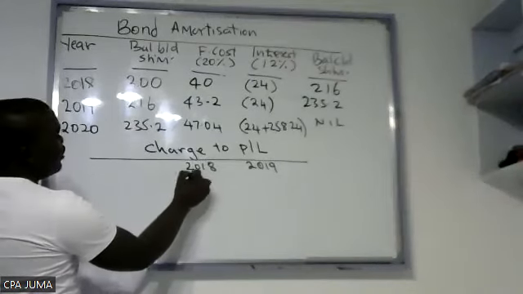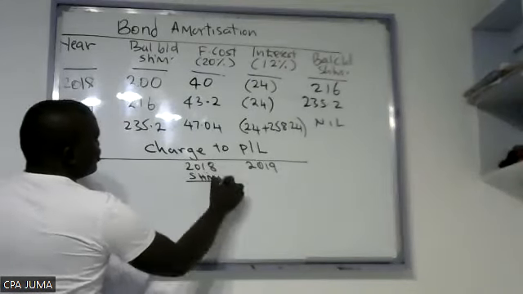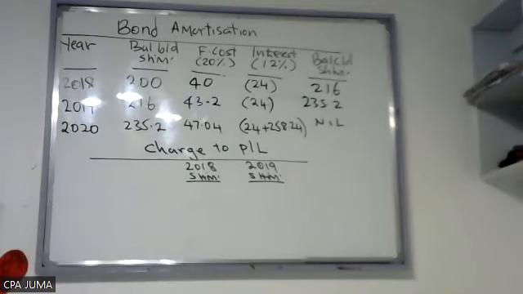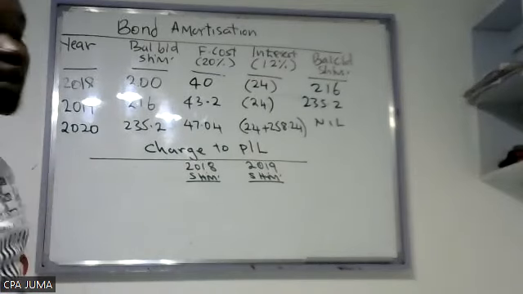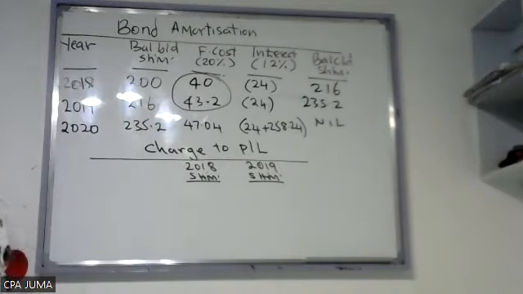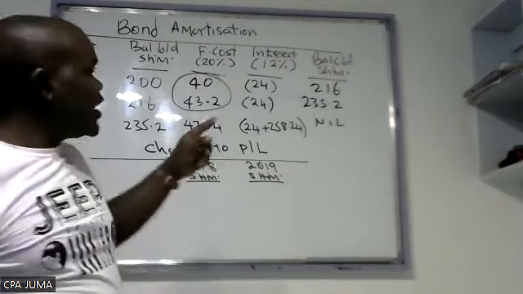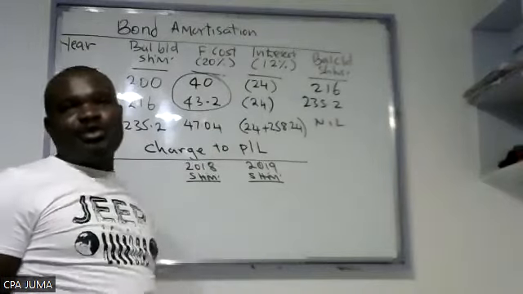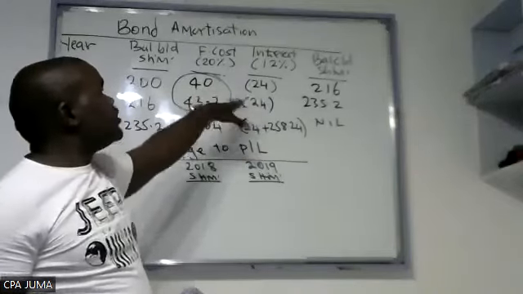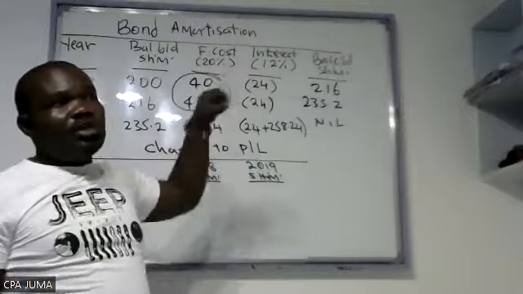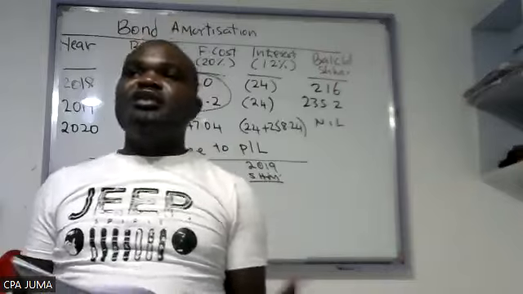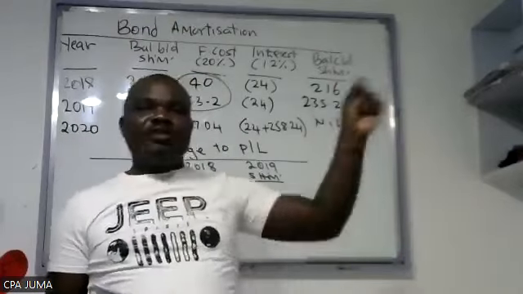So shillings are in millions. What we are charging to P&L, and get this clearly, we only charge the finance costs. You cannot bring finance costs and interest in the same table. Interest is part of the finance cost. And that's why when we pay interest, we reduce the finance cost. I've seen some students bringing finance cost and interest at the same time. Fine, it will not add any value or subtract any value because they will mark the finance cost.